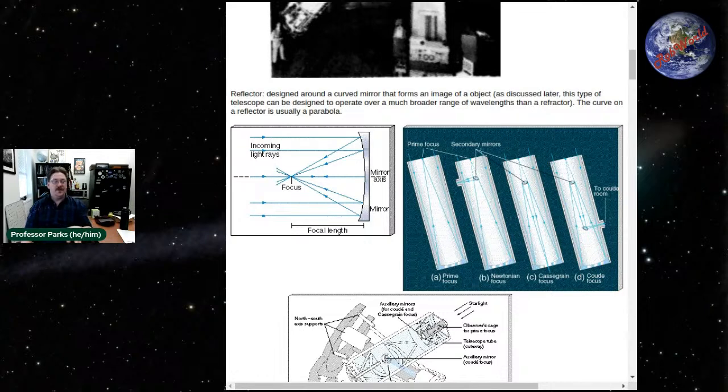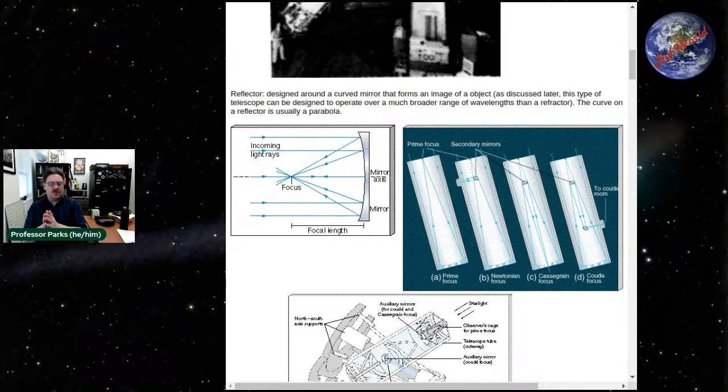There's the Cassegrain focus, and that is the most common that I've run into. The telescope we have here, and including the smaller telescopes we use for the lab, are Cassegrain design. The light comes in, hits a mirror at the bottom. That light gets reflected up, hits another curved mirror, not flat like with the Newtonian, but a curved secondary mirror, and that light gets redirected down through a hole in the primary, and so your instrument is down here.